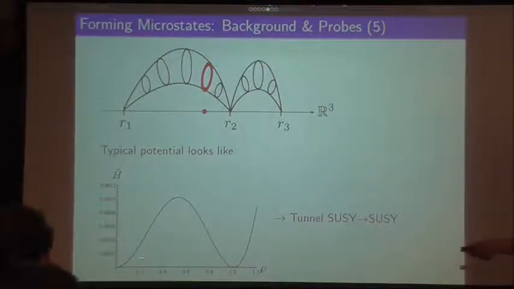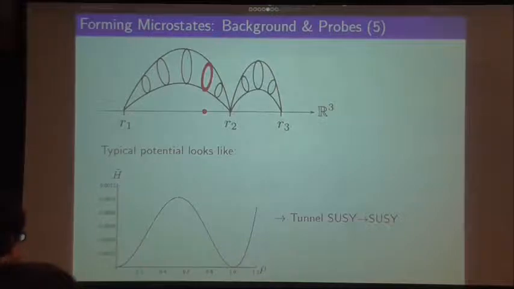And so what I can do is I can study having the charges here and then tunneling them to the other supersymmetric minimum here, where I have a supertube wrapping the fiber non-trivially. And that's exactly what we're going to be studying. We're going to be studying tunneling from one supersymmetric minimum, which consists of only branes, to a supersymmetric minimum where we have a supertube. This is the potential of the probes? Yes, this is the potential that the probe sees, exactly. So basically I've plotted here the energy of the probe in the background, depending on where it is.